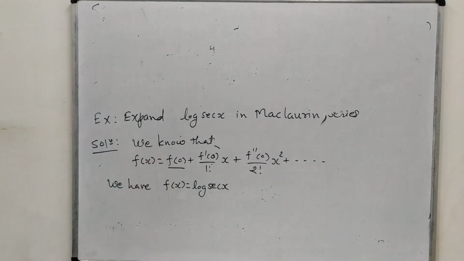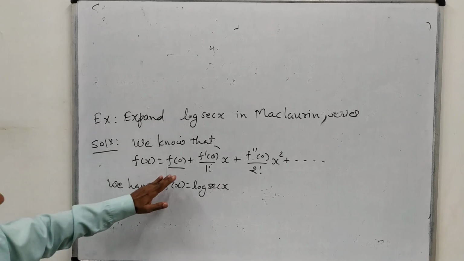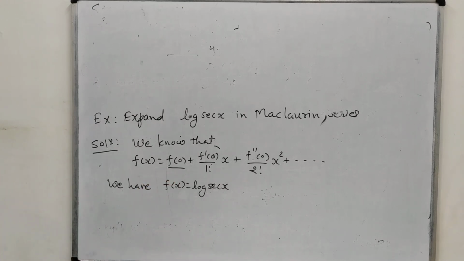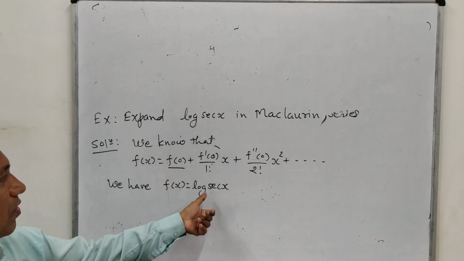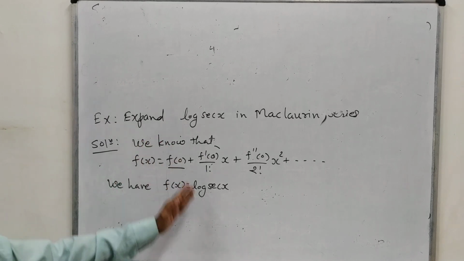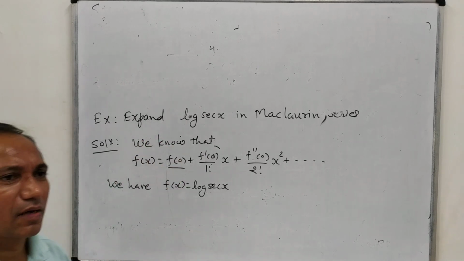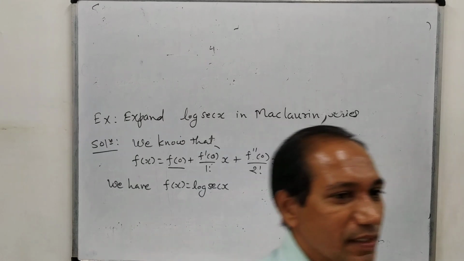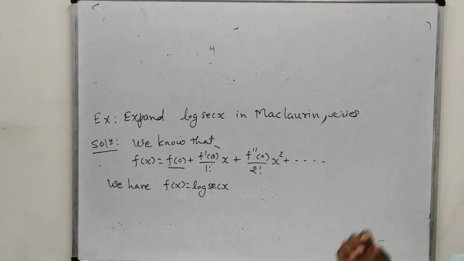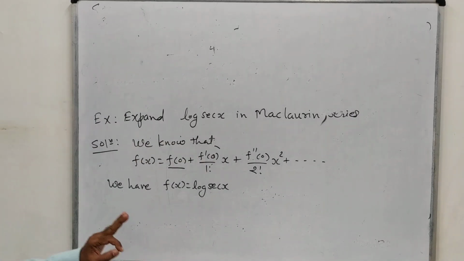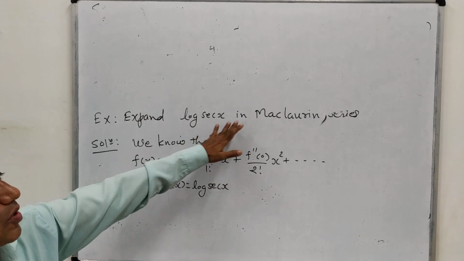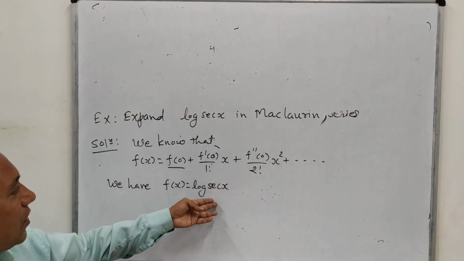That means it is good practice to start with those things which you know in a simple way. Okay? So you write down the Maclaurin series. Then you write down what is given, log of sec x. So we have f of x equal to log of sec x. So systematically if you follow the steps one by one, you will get mark 1, then 2, then 3, whatever the marks are given, you can add 1 mark after each step. And 1 mark is very easy to obtain, because it can be obtained from the question itself. And you can see what I have written.